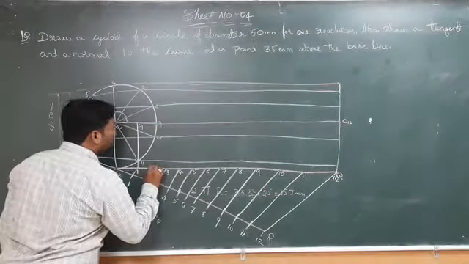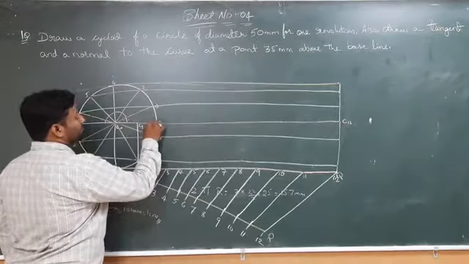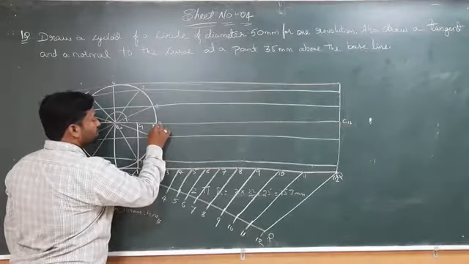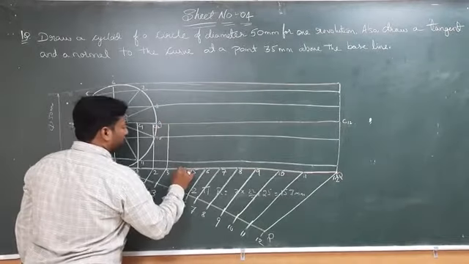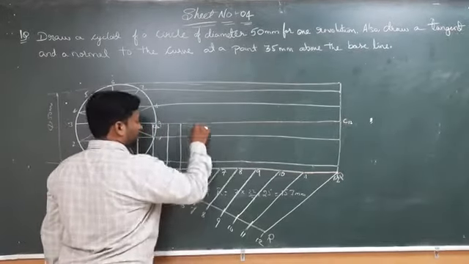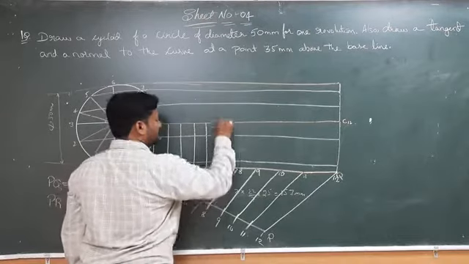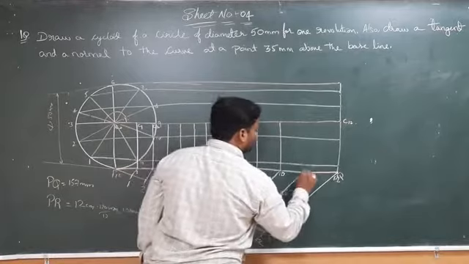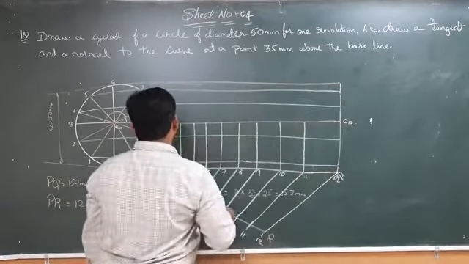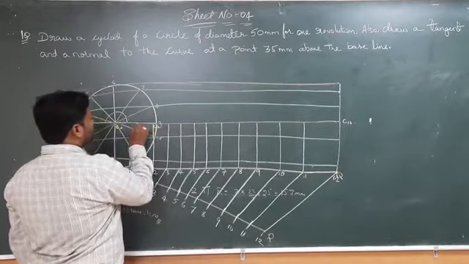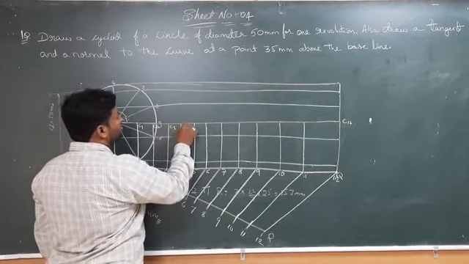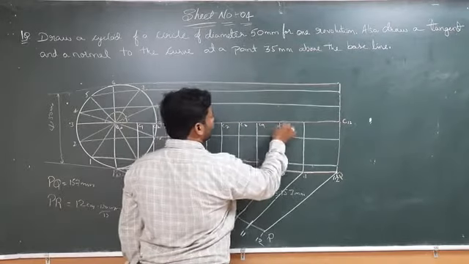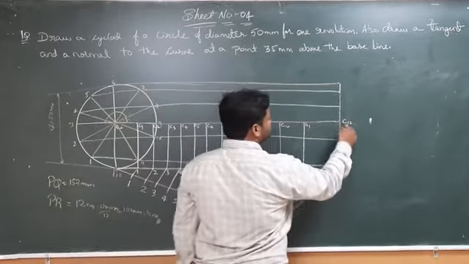Next, from 2 we have to draw another straight vertical line, a perpendicular line to the base, and give the text as C2. We have to repeat it for all the 12 divisions and give the text from the center line. All these vertical lines I am drawing from the same divisions wherever we are getting the points. After that we give the text C0, C1, C2, C3, C4, C5, C6, C7, C8, C9, C10, C11 and C12.